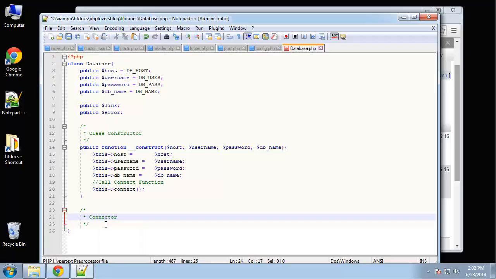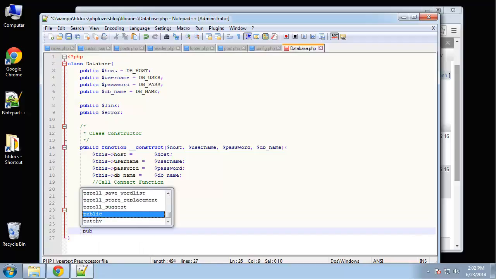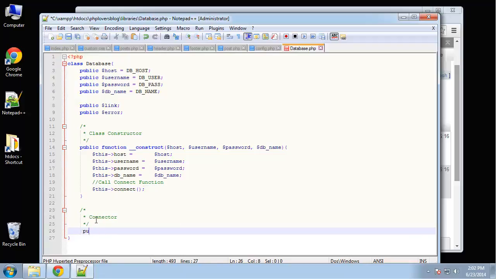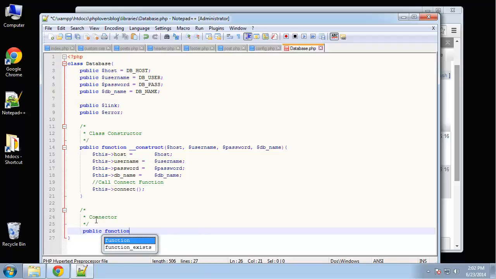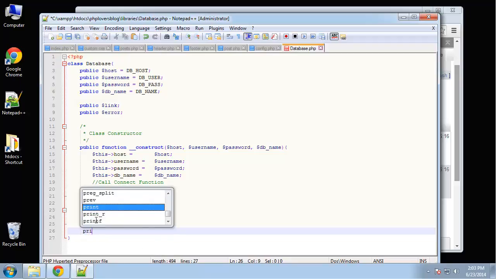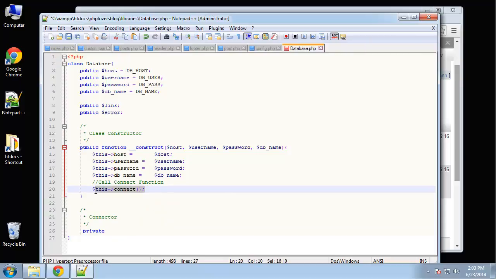Call this connector. Actually, you know what? This is going to be a private function because we're calling it from within our class. Okay, we're calling it here. We're not going to be calling this from any other file. Okay, so we're going to use private